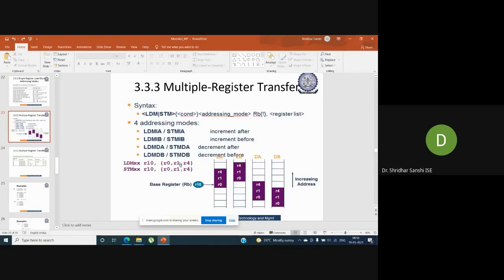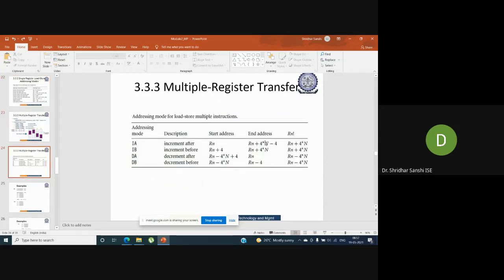For this example, n is 3, because we are transferring 3 registers: R0, R1 and R4. So what will be our new address here? The new address will be Rn plus 4 star 3. 4 threes are 12, and 12 minus 4 is 8. So Rn plus 8 will be the end address.